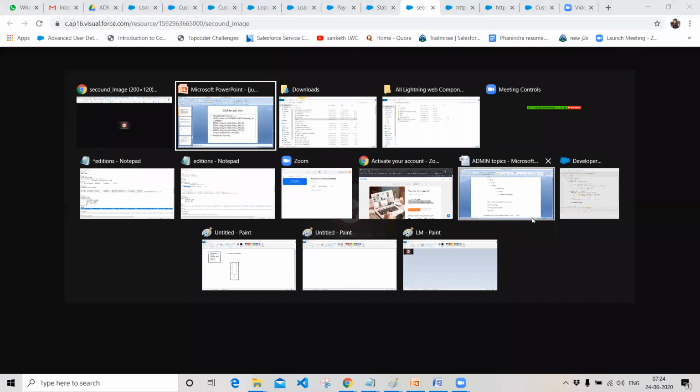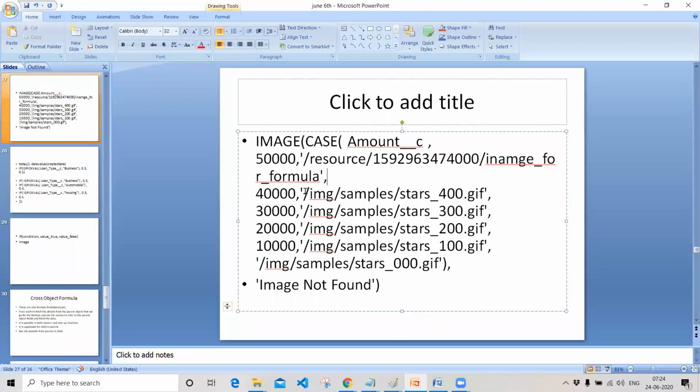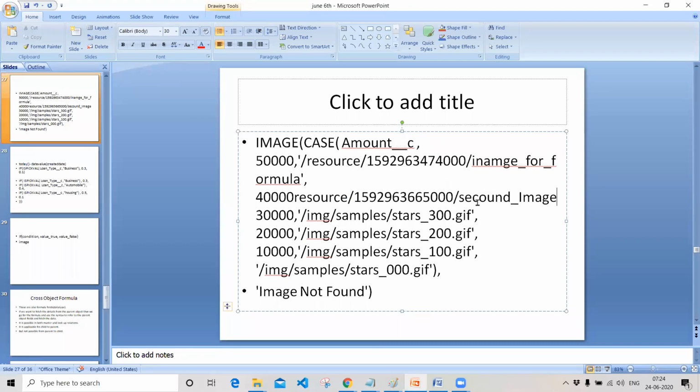If you click on the image, you can have a preview here. I think previously there might have been an error. This is the image file that you have uploaded into your static resources; copy this static resource and use it in your formula functions. Like this is my formula function.